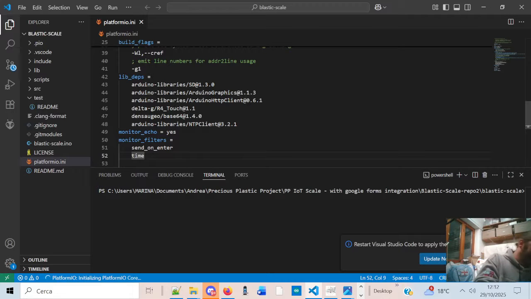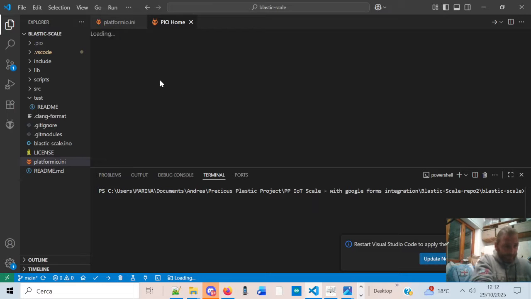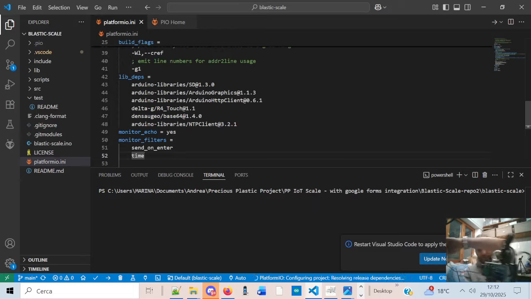I take a USB cable, plug the USB-C in the Arduino, and then I'm using the battery cable from the Blastic Scale build. Then I plug the USB into the computer,